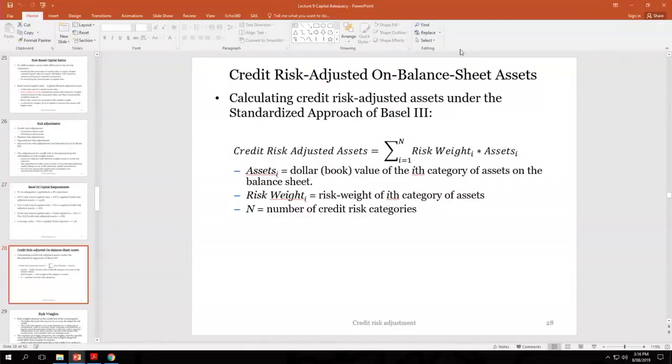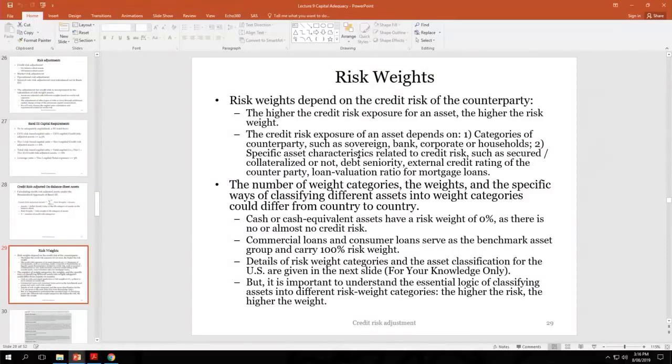So that's the idea. And another thing you need to know is what factors determine risk weight of an asset, right? So basically two things. One is the risk level of the counterparty. So they include, like if the counterparty is a government, basically the risk weight is going to be lower, right? If the counterparty is a risky private company, the risk weight is going to be higher. Another thing that determines or affects risk weight is whether there is any collateral backing the debt, right? If there is collateral, it's safer, lower risk weights, right?